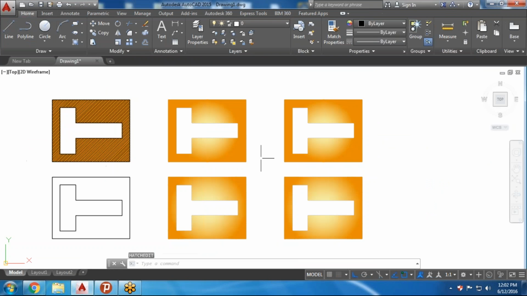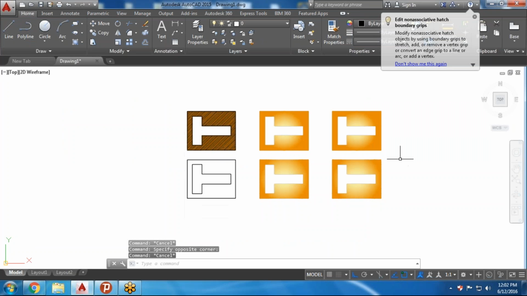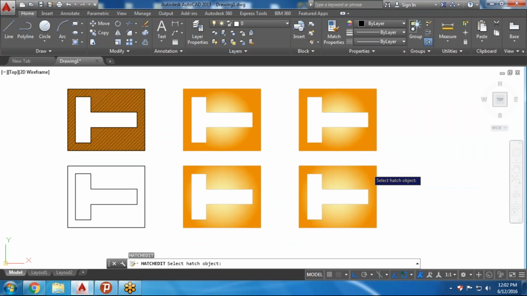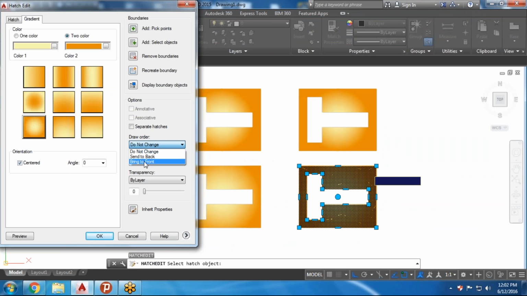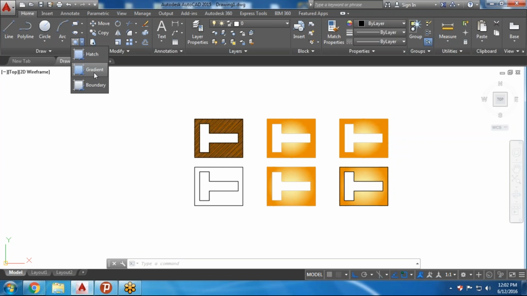Click OK, and you will see one is this, second is this, third is this, like this. If you want the background on, you can use hatching again, and now bring to send to back. Click OK. So the background lines will be there, right? Edges will be there. Any doubts here? So this was a feature which is called hatching and gradient, and now we have the third operation which is